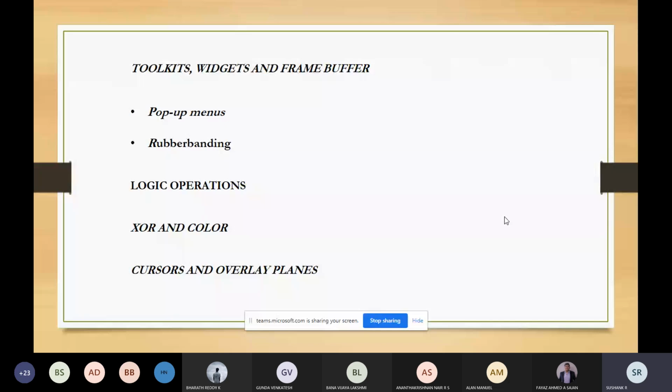A curve in the plane has the form c of t is equal to x of t comma y of t. So it is like x comma y coordinates itself. And the curve in space has the form c of t is equal to x of t, y of t, and z of t. So this is a parametric equation. Here x of t, y of t, and z of t are the coordinate functions.